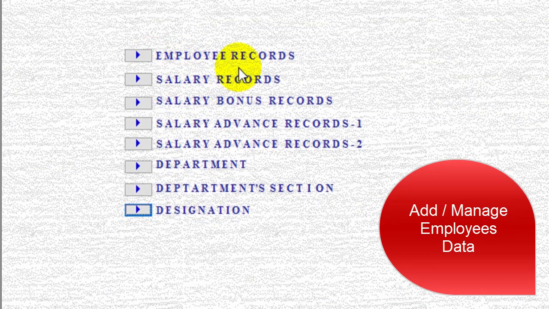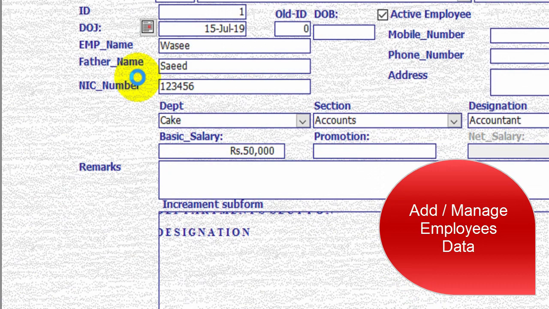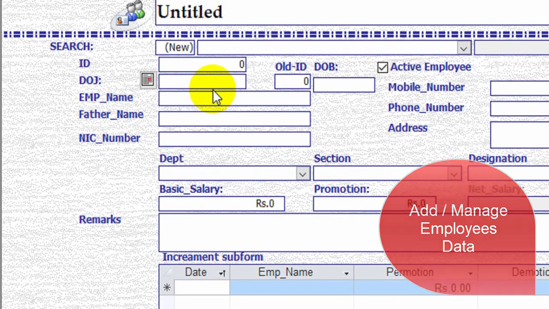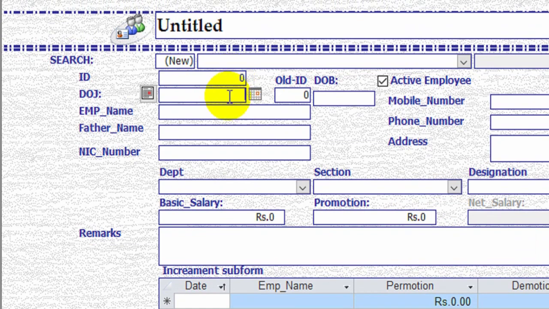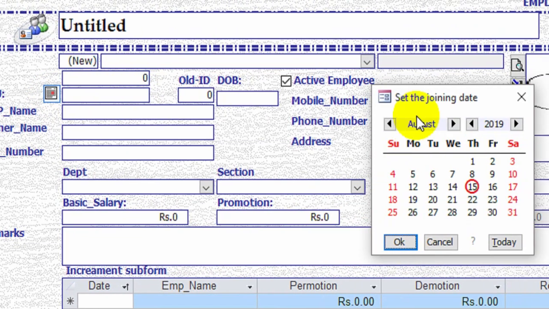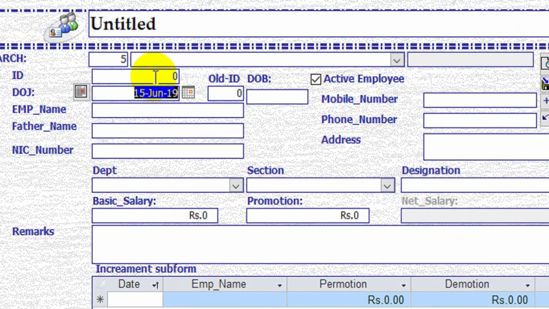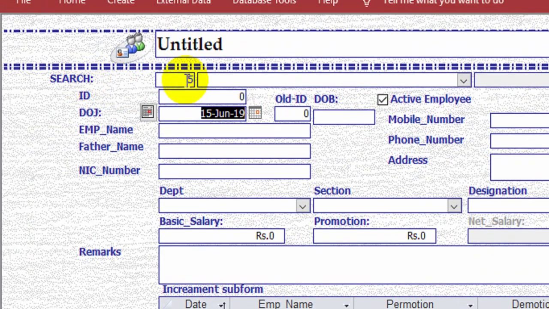Okay, let's go to the employee records. Here I'm going to add a new employee, like date of joining, just, okay, and here you can see the auto serial number.